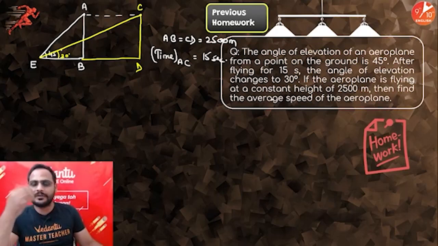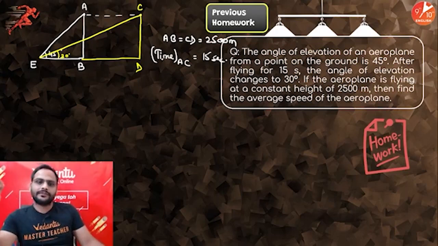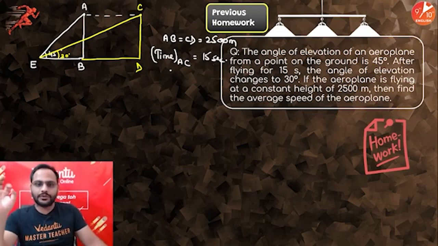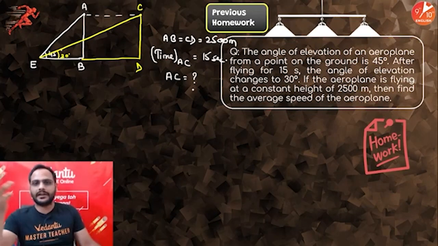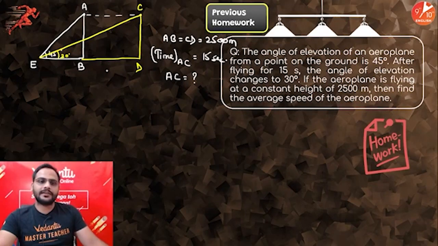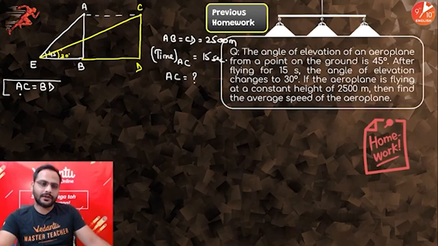You want to find out the speed of the aeroplane. Speed means distance upon time. So if the time is 15 seconds to travel from A to C, and if I know the distance AC, I can easily find out the speed. Distance AC will be the same as BD. So let us focus on finding BD. First, in triangle ABE,